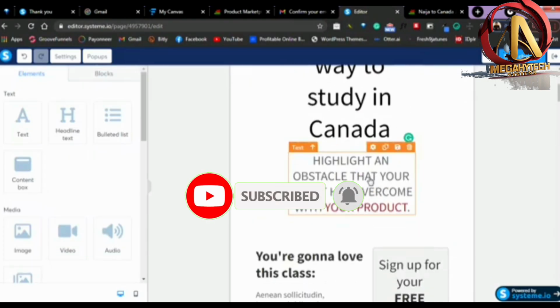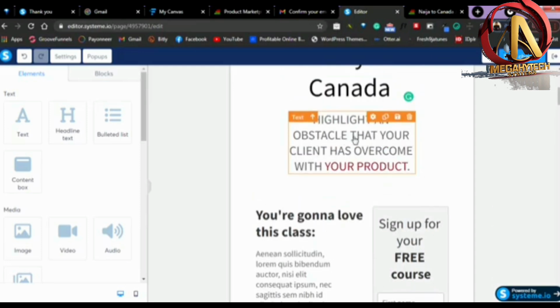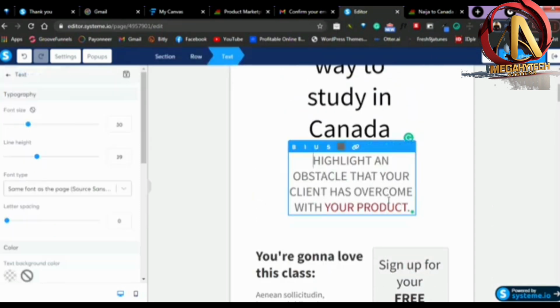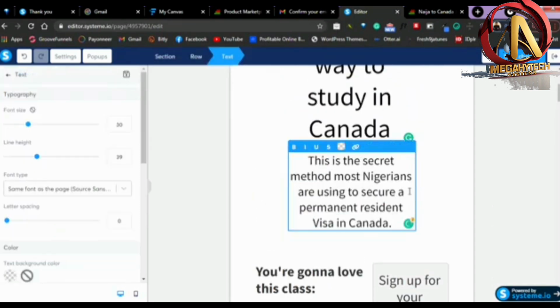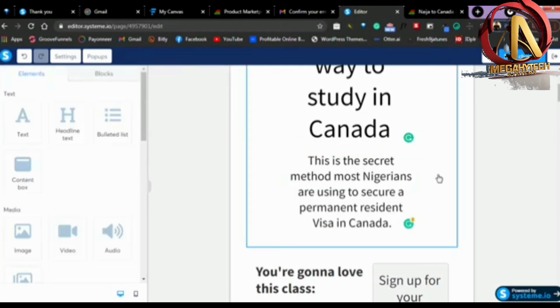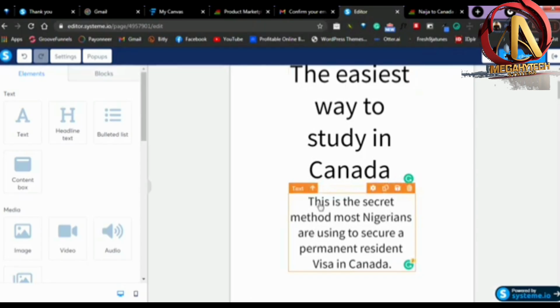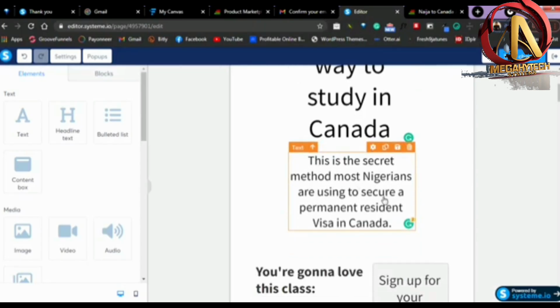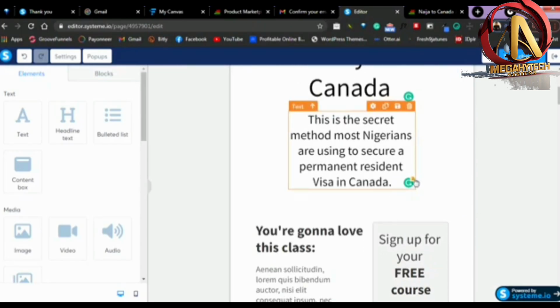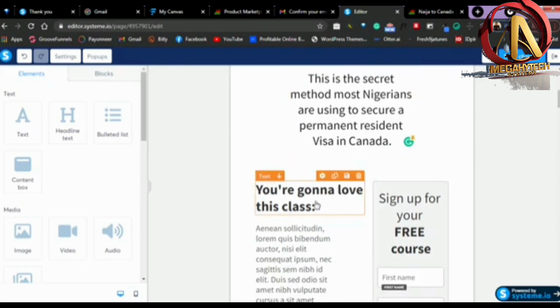Then right here can be your sub headline, if you need a sub headline. This is a very simple sub headline I use right here: the easiest way to study in Canada. This is a secret method most Nigerians are using to secure a permanent residence visa in Canada. So for yours,